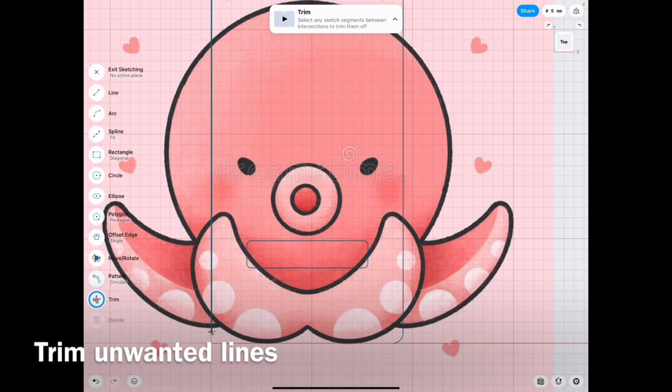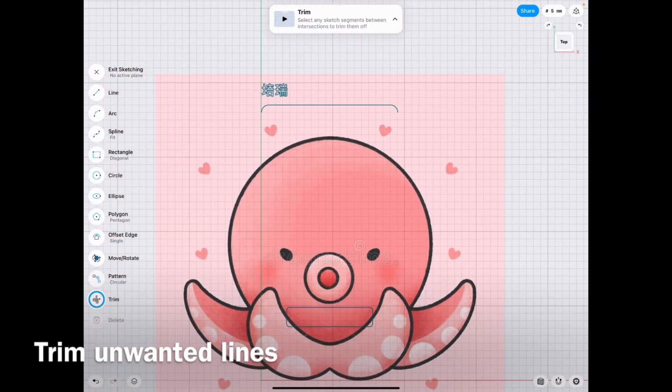You can use your Apple Pencil to do that. I'm showing you on the mouse so that you can have a better visual of how it looks like. Trim, then click on the line and remove it. So basically that is how we remove the line. Once we're done with that, we will start to trace the shape of this octopus